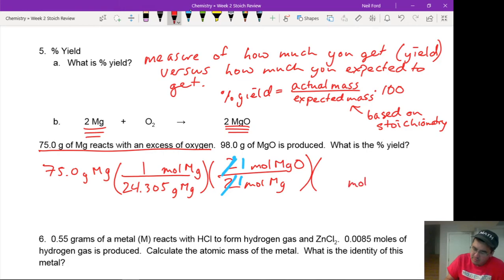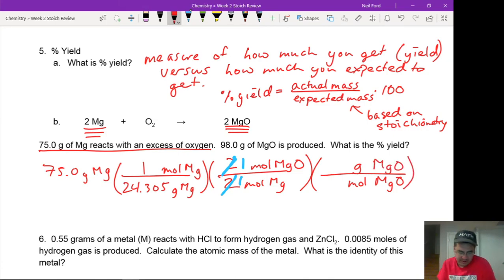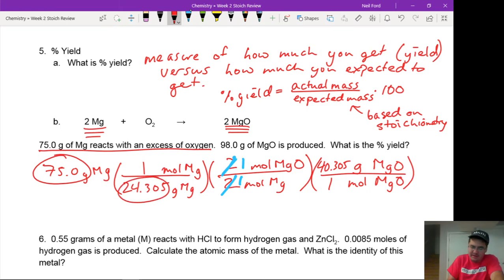And then a mole of magnesium oxide to grams magnesium oxide. That would weigh 24.305 plus an extra 16, so I think that's 40.305 grams per 1 mole. So in this case, I'm going to take 75 divided by 24.305, ignore the ones because they just cancel, and then multiply by 40.305. So I get